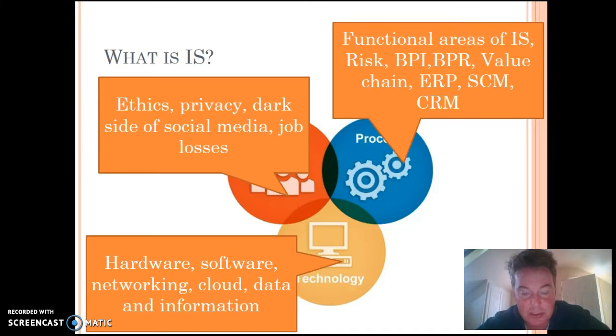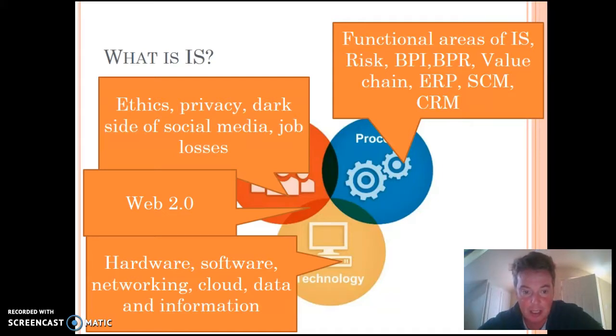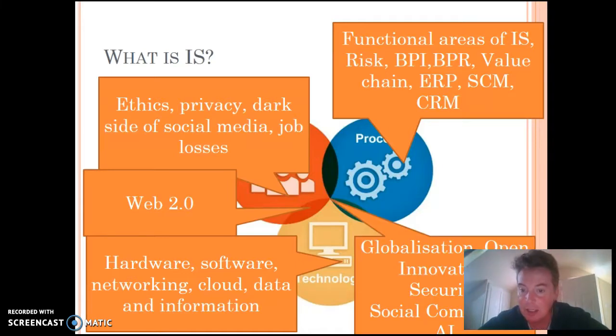Obviously, when you're talking about examples, it's useful to actually understand the terminology and the jargon that you're using in those. But where it gets really interesting in information systems is the interface between the people, processes, and technology. So, building up to that, we have things like Web 2.0, which is a participative web, a democratic web where everybody is able to produce and share content. Other things around the interface between people, process, and technology: globalization, how technology is actually changing the world, the effect that that's had on organizations and how organizations innovate. The shift to an open innovation paradigm is really important.